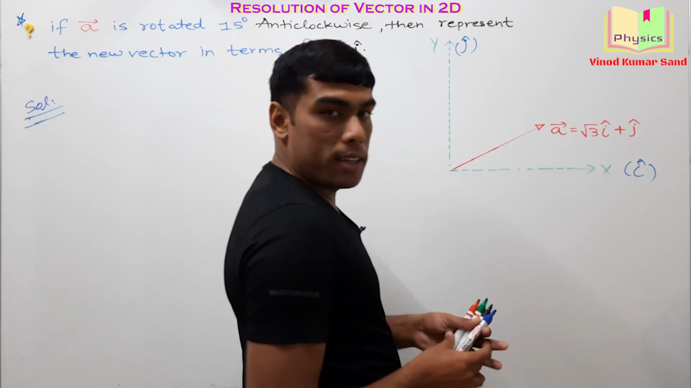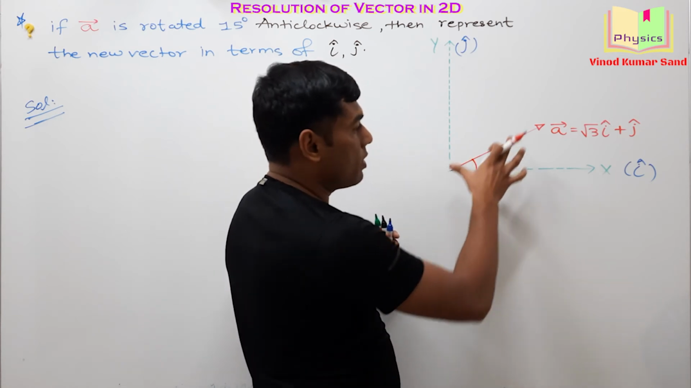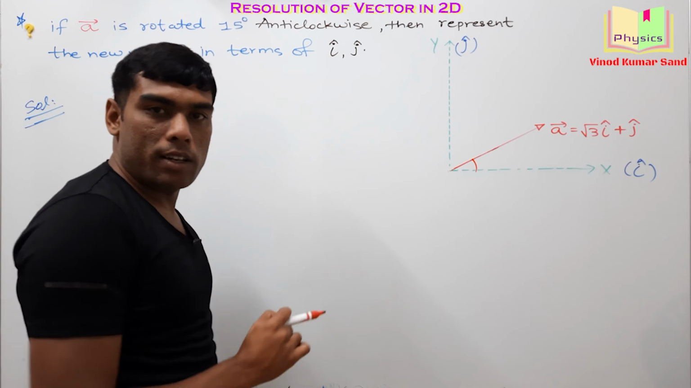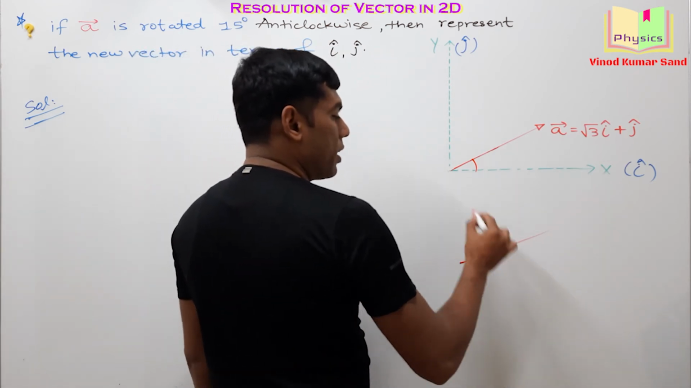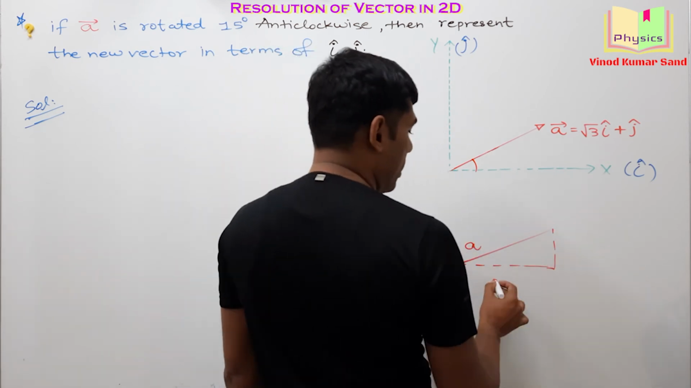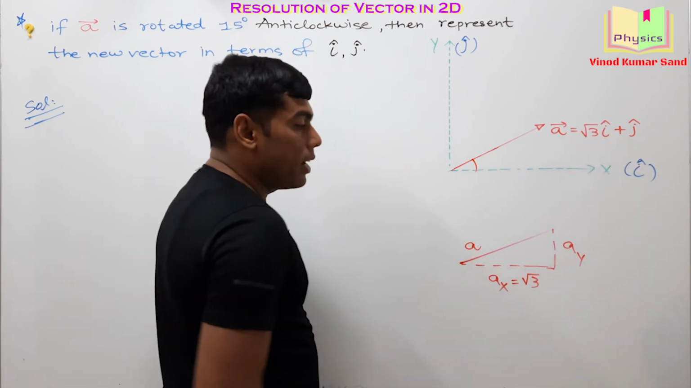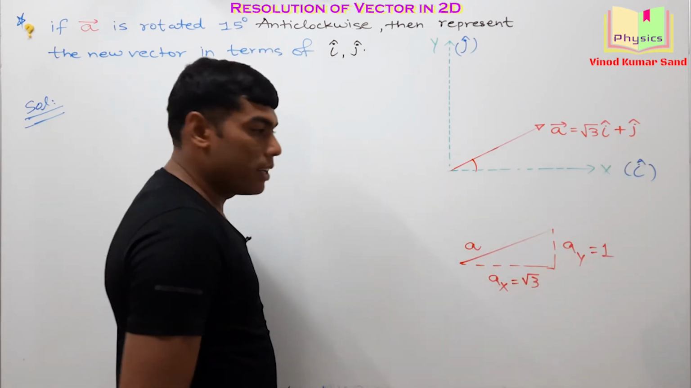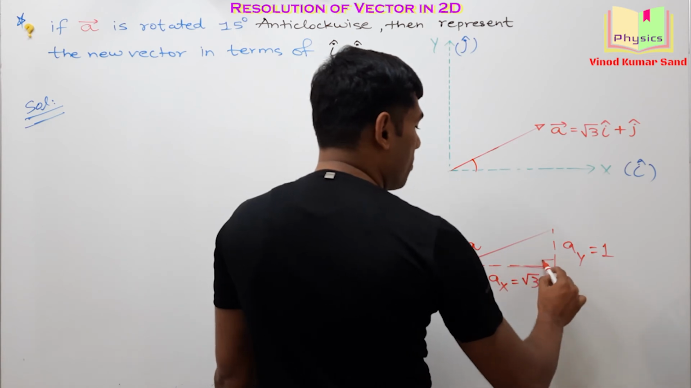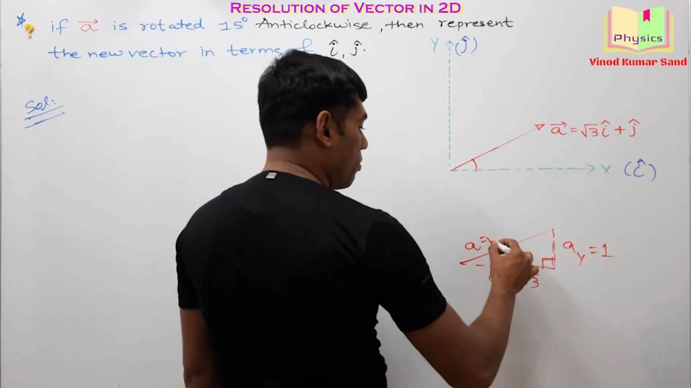This A vector is creating what angle with the x-axis? And what is the magnitude of A vector? Can you tell? It's simple actually. Let's say the magnitude of A vector we write as A. The x component has a length of root 3 and the y component has a length of 1. Do you agree? Then we can use here the Pythagoras theorem to obtain the magnitude A, which is equal to